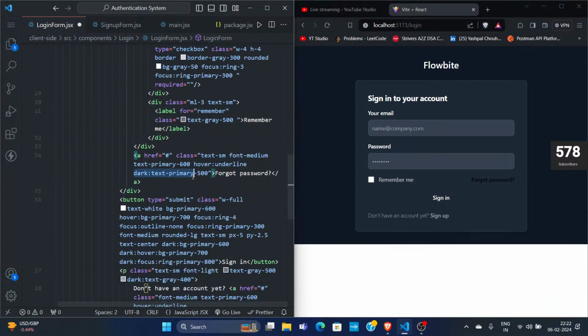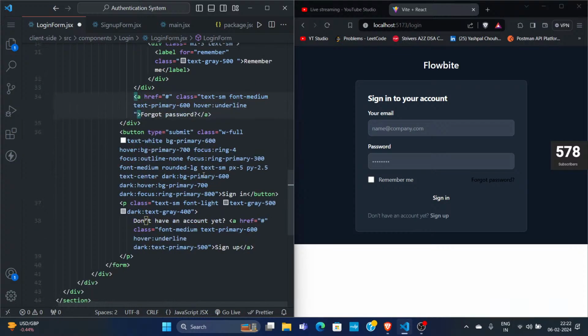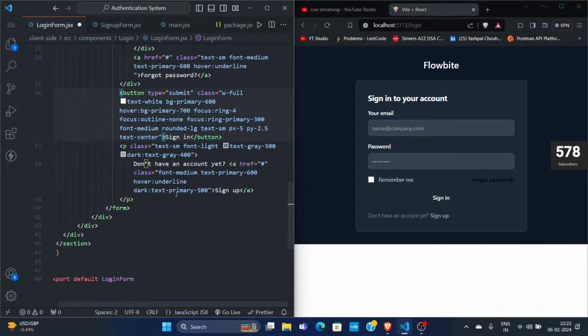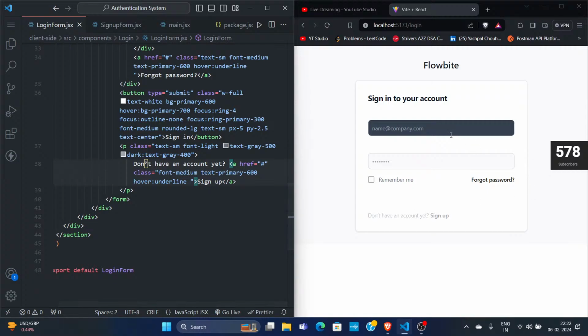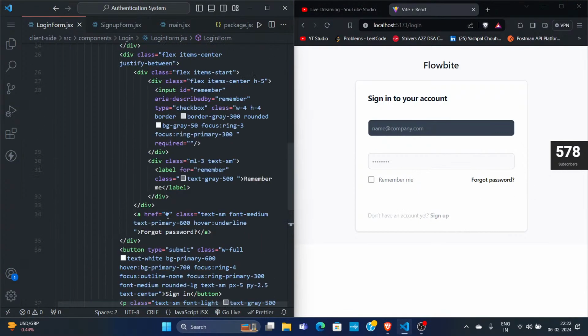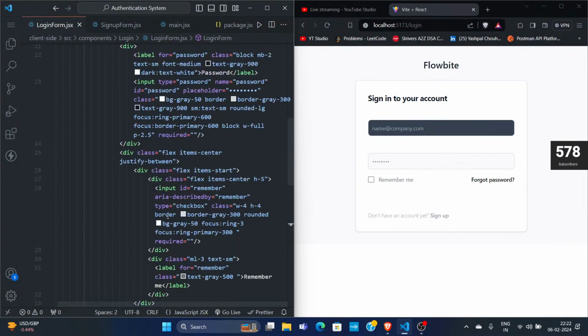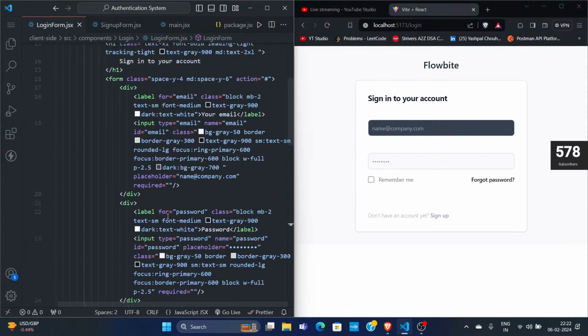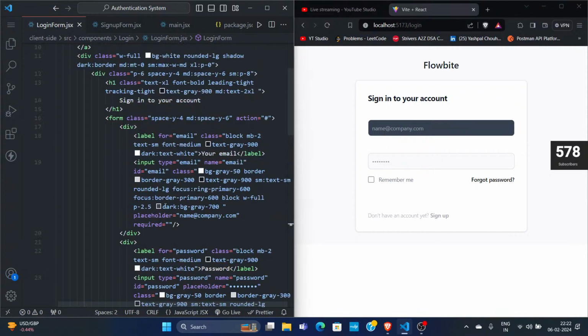Font dark, let's remove the dark. And here we have the dark themes, so let's remove it. And where we have dark themes, let's remove dark theme. And if we check, it gives me light theme, and inside name company. Inside email we have dark themes, so let's remove this